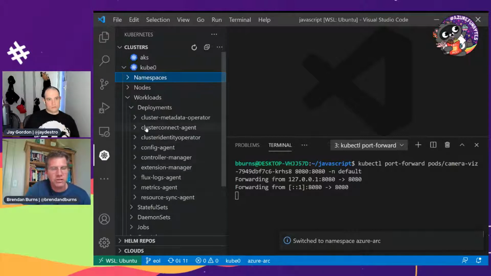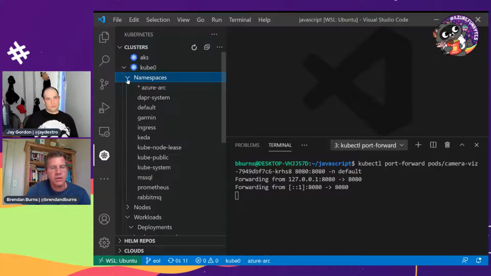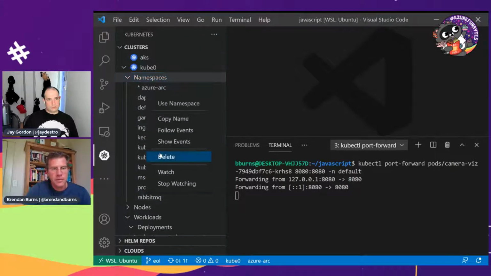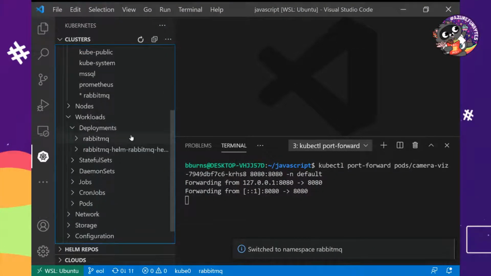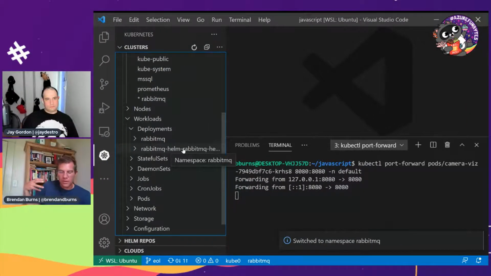I can show you a way that I used Arc. If I go over here to the RabbitMQ namespace, this RabbitMQ is being managed through Arc from a Helm operator. In the Arc console, I can go into the GitOps workflow for Arc, and I can say, hey, I want to deploy RabbitMQ to my home cluster.